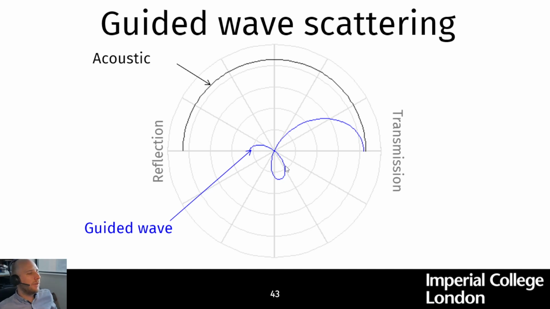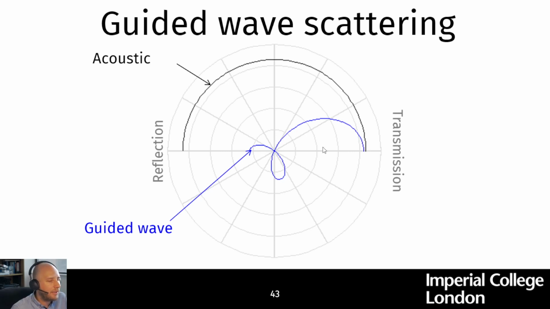In fact, if we actually analyze it and look at what happens as the guided wave does scatter from a real defect, you can see that we make in black this omnidirectional scattering assumption, which is the kind of acoustic velocity scattering in an acoustic medium will behave in this manner,